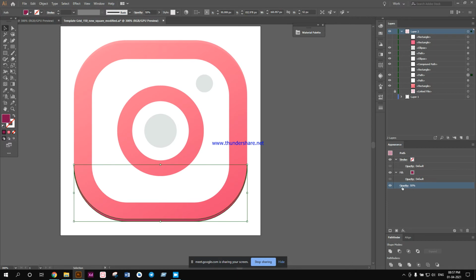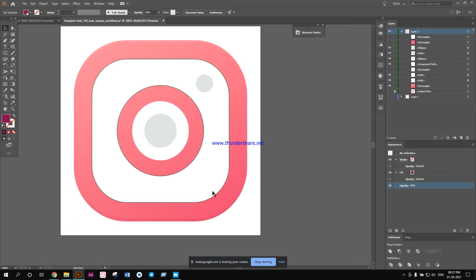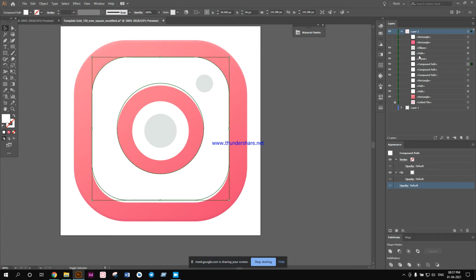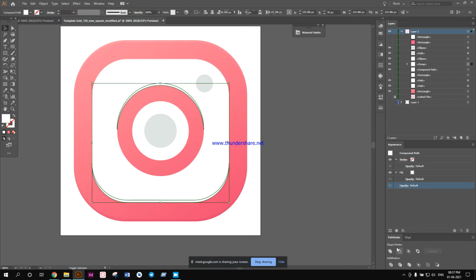You may or may not do this to your icon. Okay, it all depends on your design. I am going to do this for this one also. Since it is a white object, I do not need to create a white edge part for the top one. So I just need a bottom part. So I'm going to create 2 copies and then minus front.